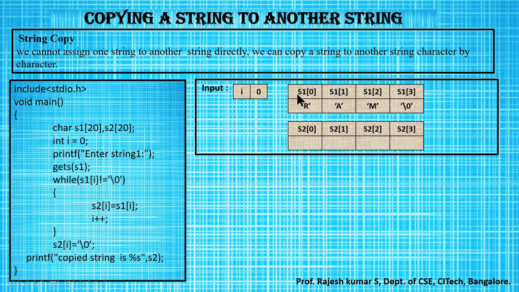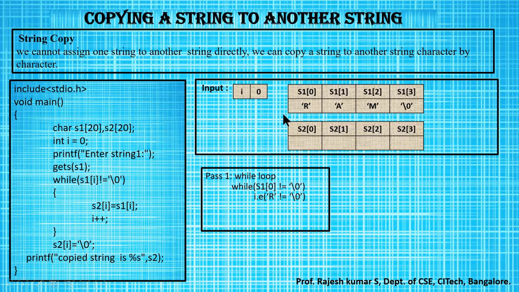Now, the next thing we have to do is traverse inside the first array and check whether there is an alphabet or a character present over here or a null value present over here. If there is a null value, then that indicates the end of the string. So first we'll check out the looping process. I value we know is 0. S1 of 0 not equal to null. What is S1 of 0? S1 of 0 is R. Is R not equal to null? Yes, R is not equal to null. We'll enter inside the while loop.